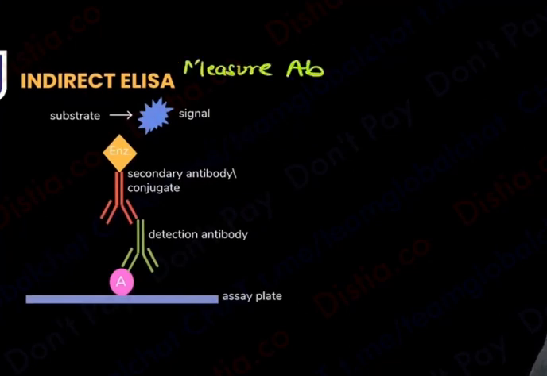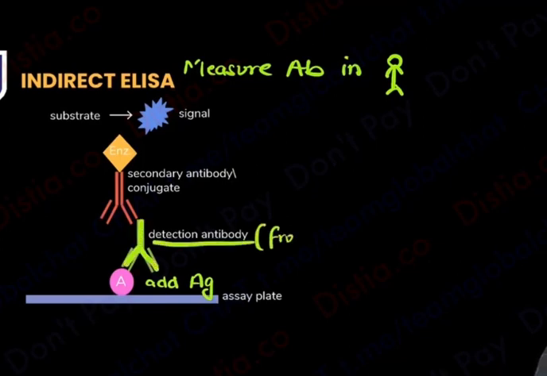You are going to measure the antibody in the patient. So now you will say, ma'am, neeche antigen dalna padega. So now you will add antigen on your own. From your lab, you have these machines' manufacturers, they'll give you antigen. Then you will add the antibody from the patient sample because you want to test whether he has the antibody